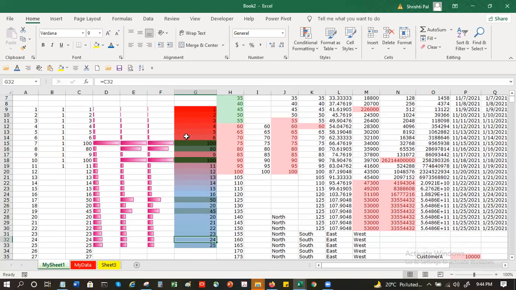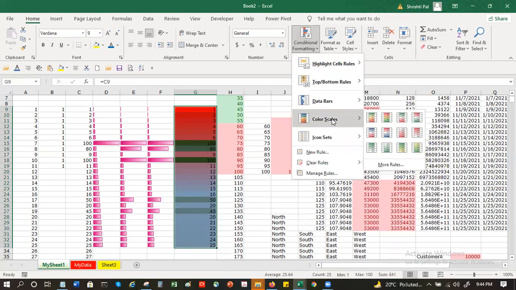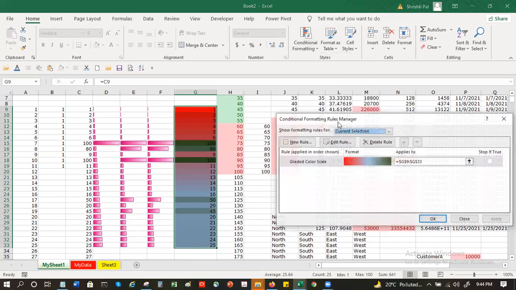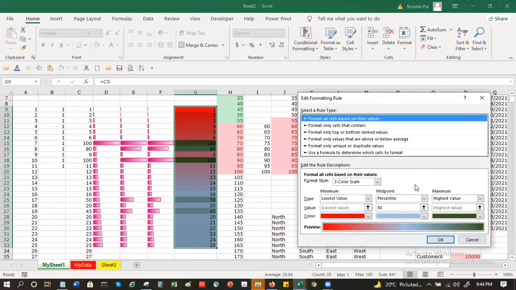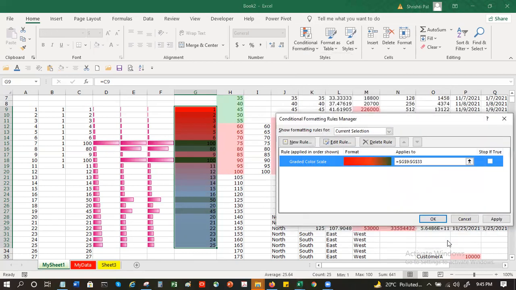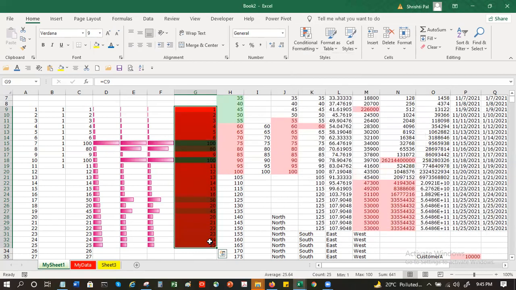But in this graded scale, unfortunately, there is no feature yet to switch the display off, like we did show bar only. There is nothing like show scale only. So it will always show the number and the value. You can make it, in place of 3 color, 2 color. So you have red and green, no blue. Okay. Got it?